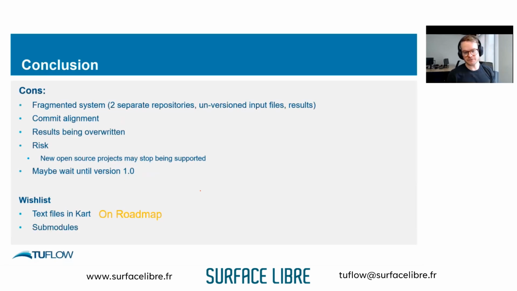I'd like to see submodules in KART. So Git has this thing called submodules, where you can essentially have a module, a repo, and then have sub-child repos of the main one, which just means it references these other ones, which means they are collected together. I think that would be really nice to have in KART as well, for a number of reasons.